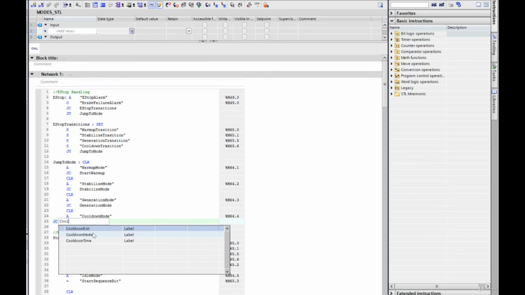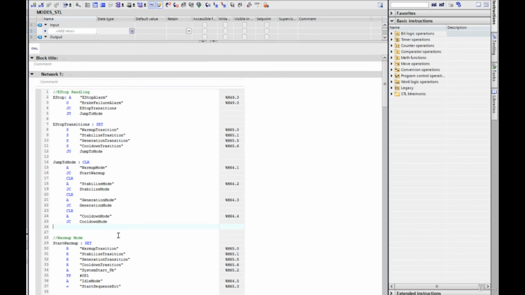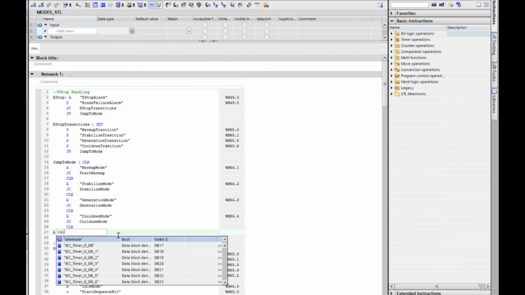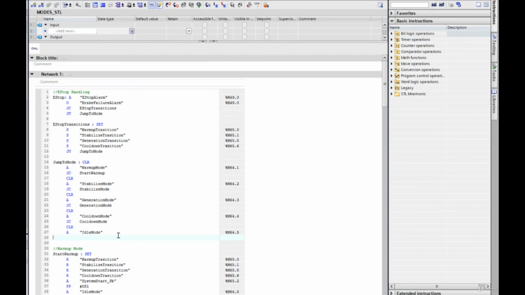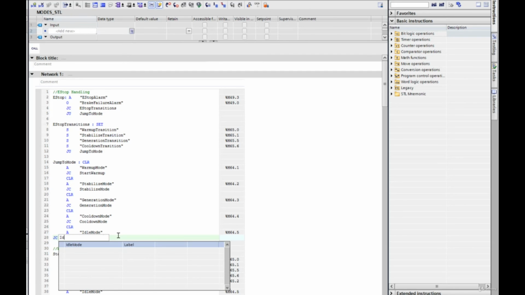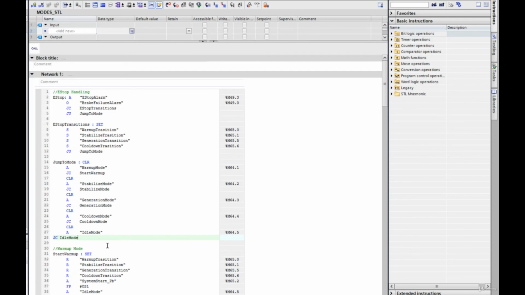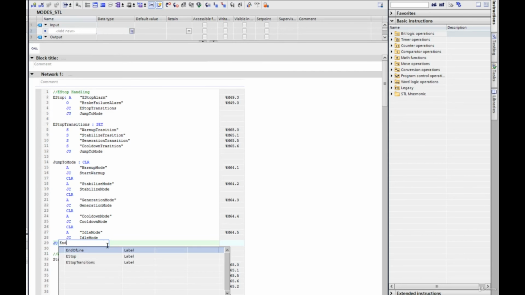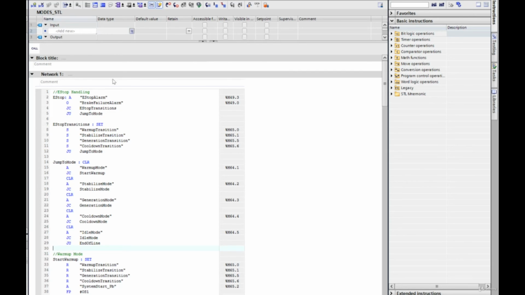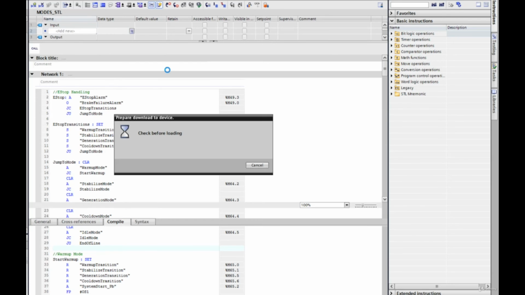Jump conditionally to cooldown mode. Clear out, and idle mode. Jump conditionally to idle mode. Jump unconditionally to end of line. All right,